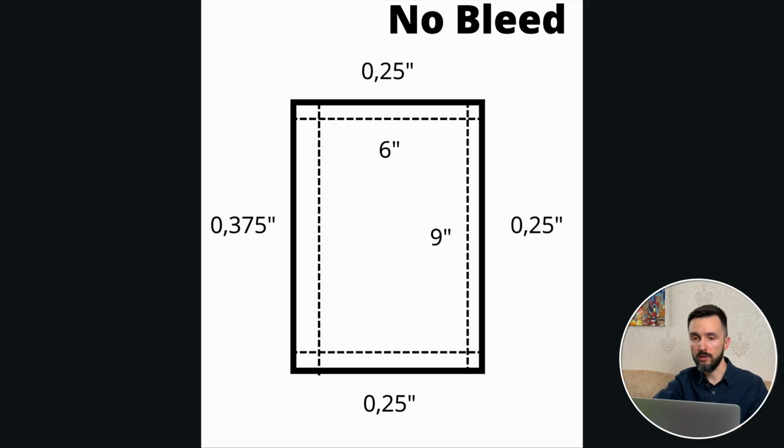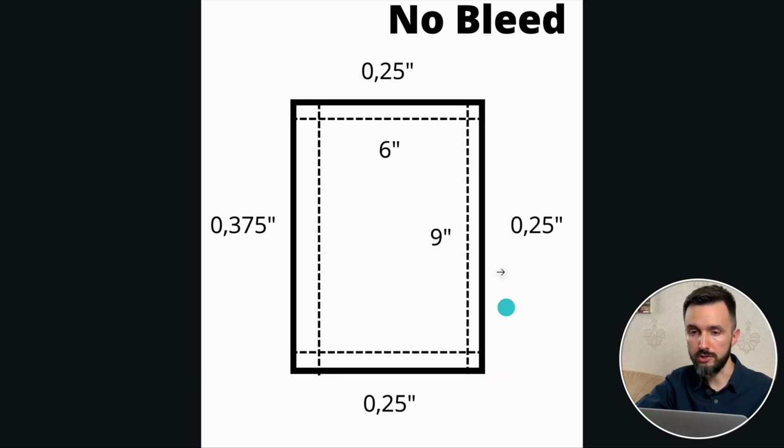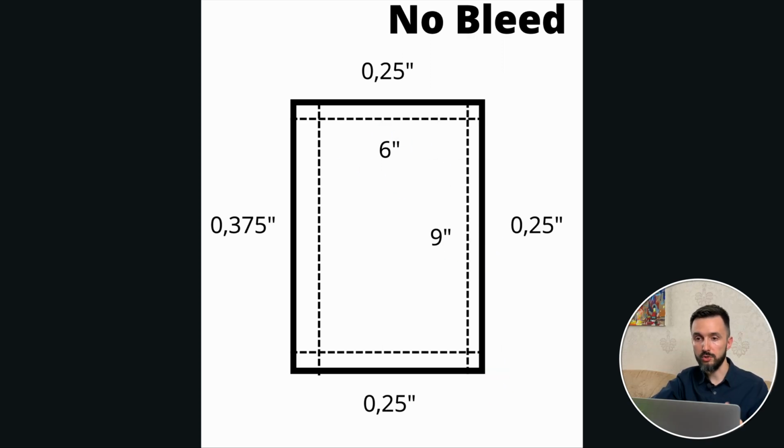Now I want to show you with examples what the margin is and what the trim size is. When you create a no bleed design, you don't need to worry about the trim size. So there is 6 by 9 inches, and we need to create the margins inside these dimensions. With no bleed design we just need to step back from the edges: from the top 0.25 inches, from the right side the same, from the bottom the same, and from the inside gutter side 0.375. The gutter side is always the inside margin, so no matter whether your page is right or left, the gutter is inside, where your pages stick to the spine.